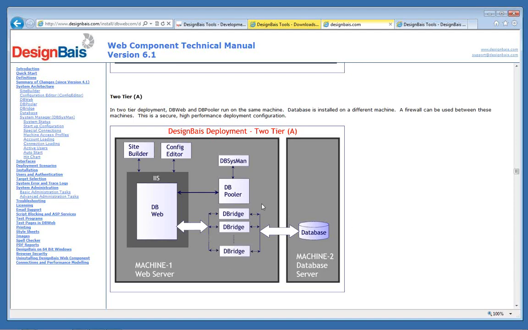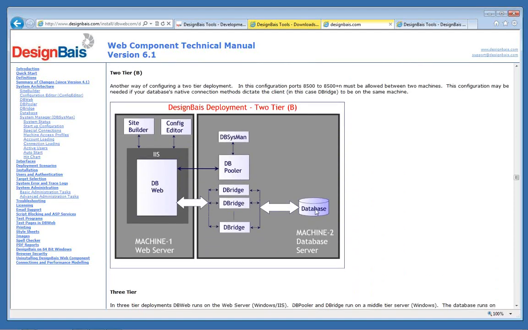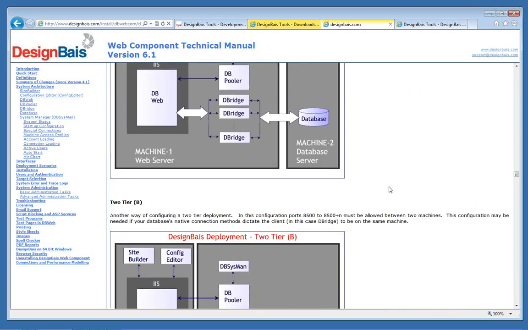This is by far the most used tier, two-tier A. We also have two-tier B, which is IIS installed on one server with Site Builder installed on that, and the System Manager and Database installed on another. If you have two Windows servers, you can run this scenario, but if your database is something other than Windows, then you can't use two-tier B. So you can use two-tier A,